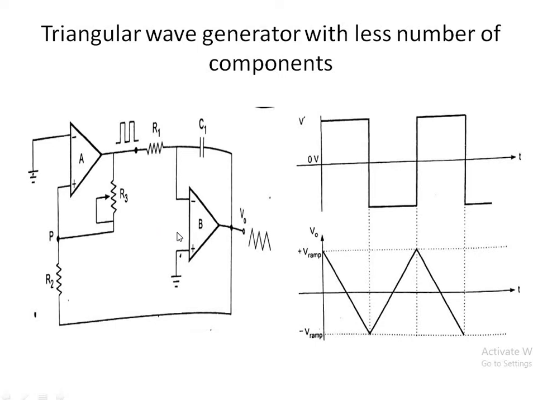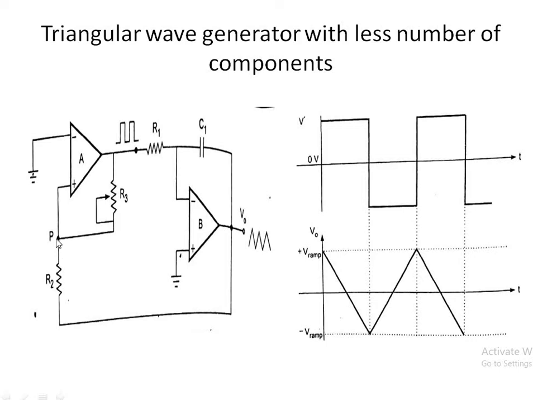So here, during positive V saturation of the square wave output of the first op amp, as I have explained before, we will obtain a negative ramp signal. During positive V saturation, the current over here is positive V saturation by R1. As a result, we obtain a negative ramp signal, and this negative output is fed to the feedback of the first op amp. So this point will turn negative.